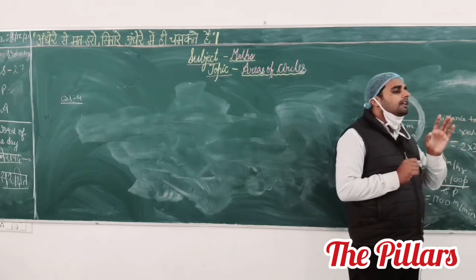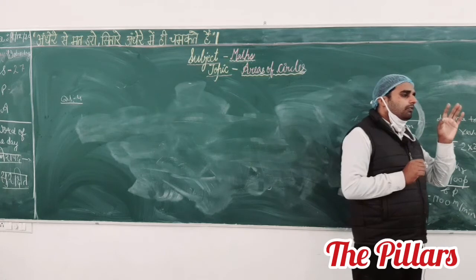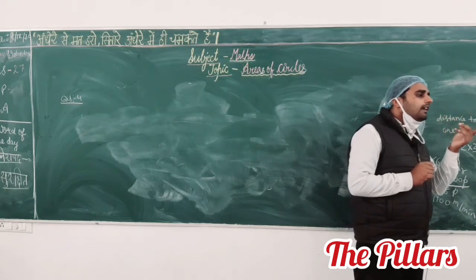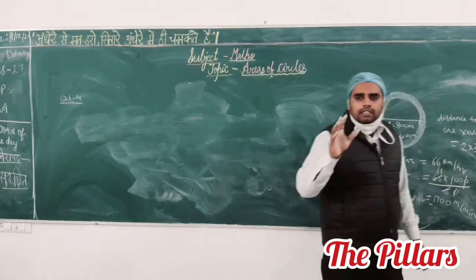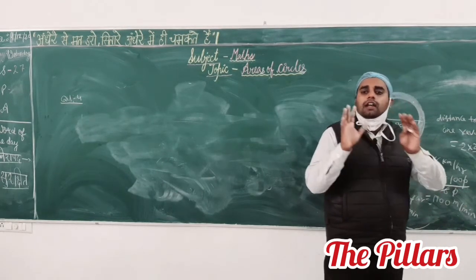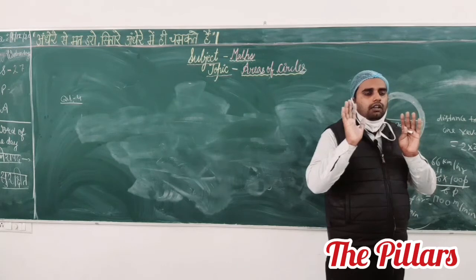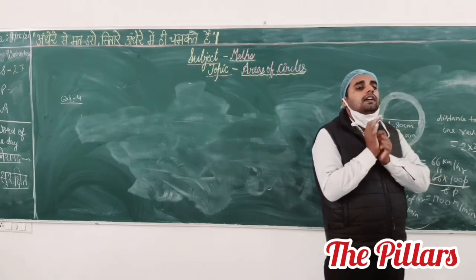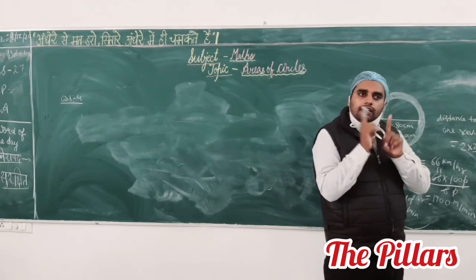With the same speed, the car has to travel 10 minutes. It means first we calculate the total distance traveled by the car in 10 minutes. Here you have to multiply by 10, then we know how much distance is traveled by the car. First you have to calculate the total distance traveled by the car. Till here, does anyone have any problem?